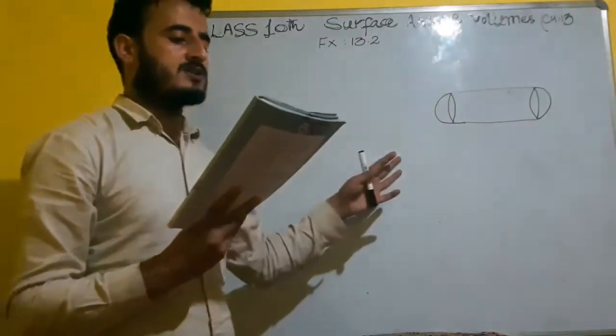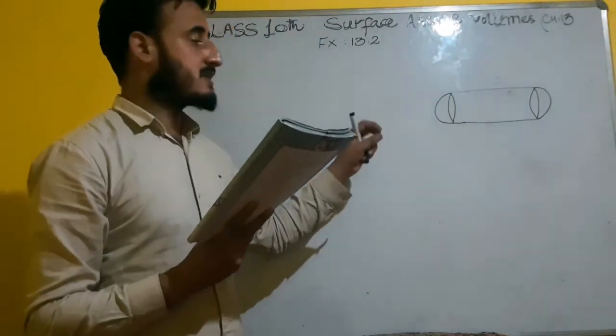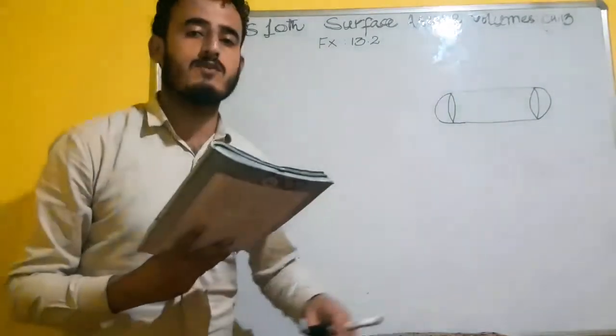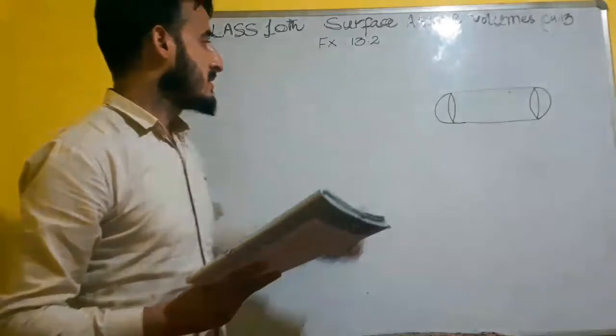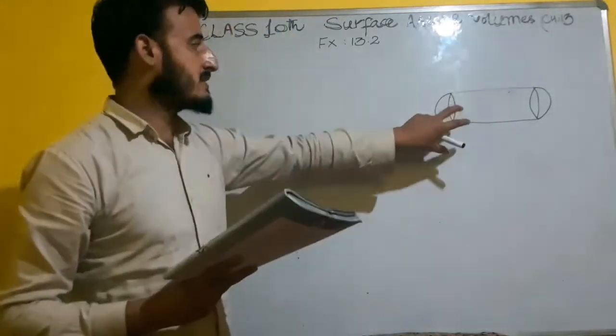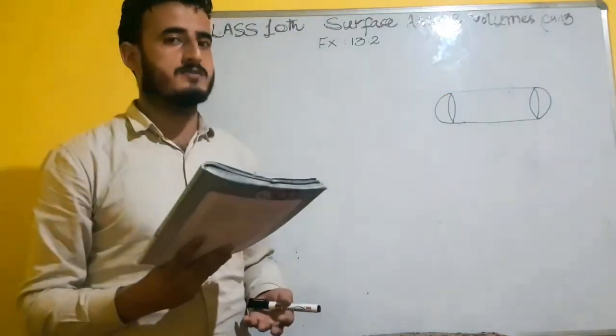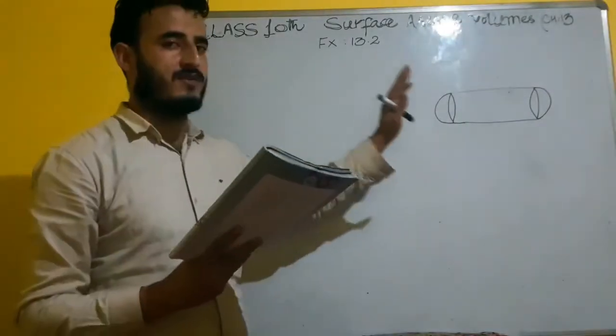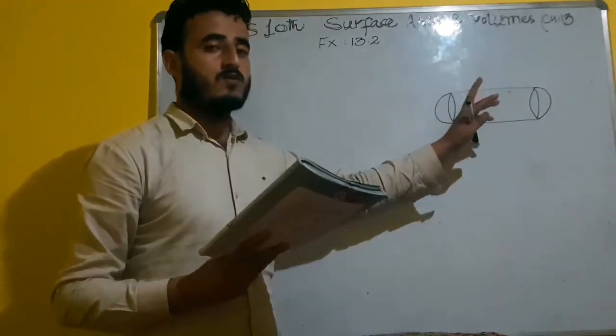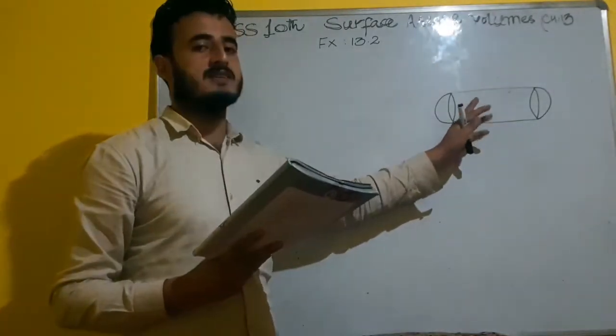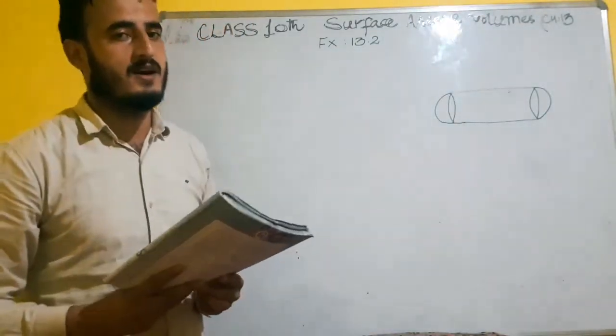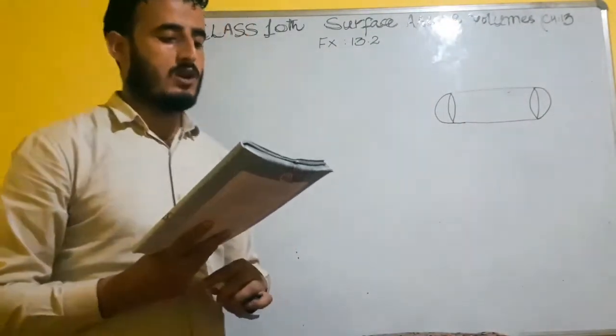And here, as it is given, 30% of the total volume of the 45 gulab jamuns. So we are first going to find the volume of the one, and all the gulab jamuns are identical. It means that if we find the volume of the one gulab jamun, we can easily multiply this with 45 to get the volume of the 45 gulab jamuns.